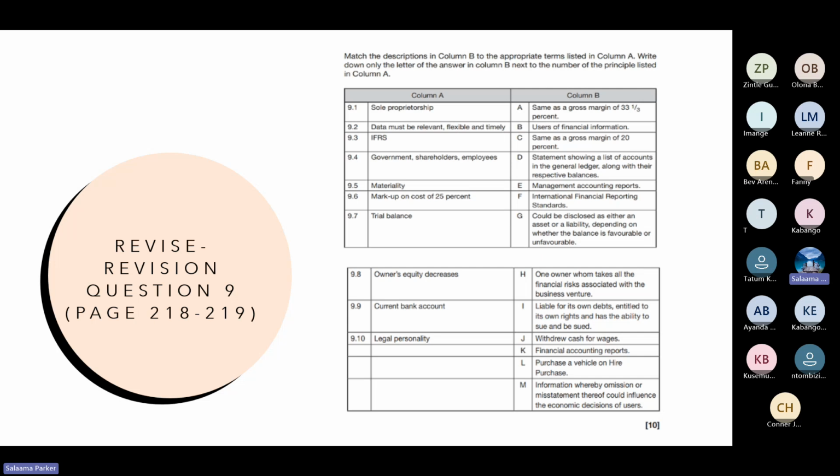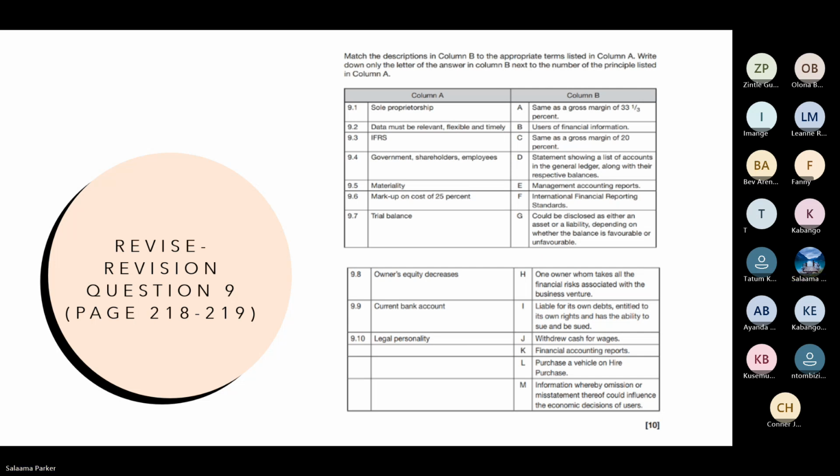Answer is J. Expenses, withdrawing cash for wages. That decreases owner's equity. And a current bank account, 9.9. That is G, correct. Very important here, guys. A current bank account